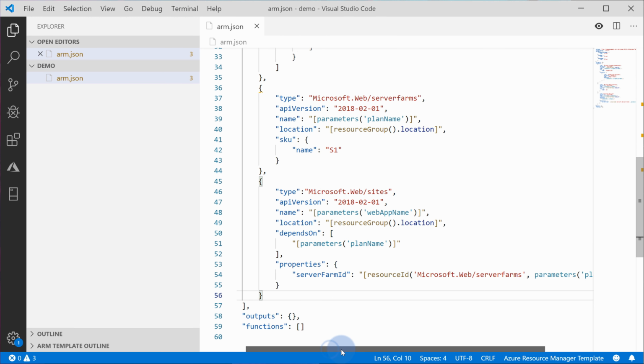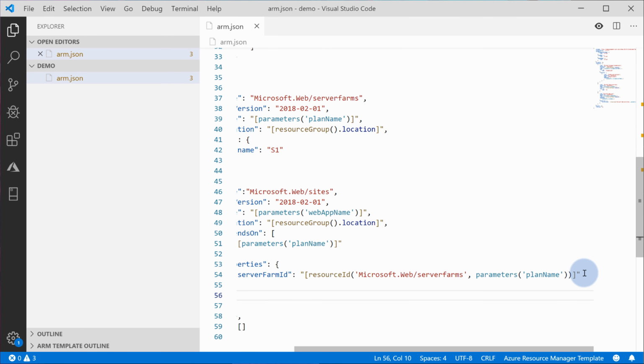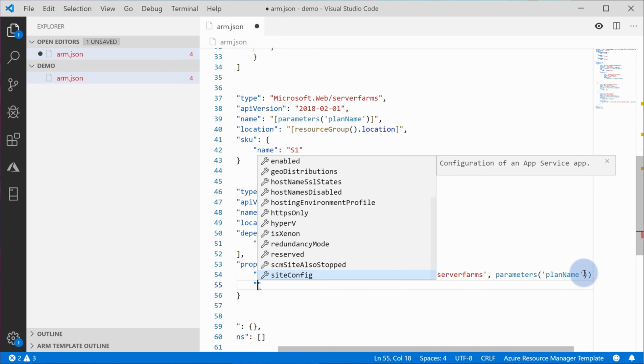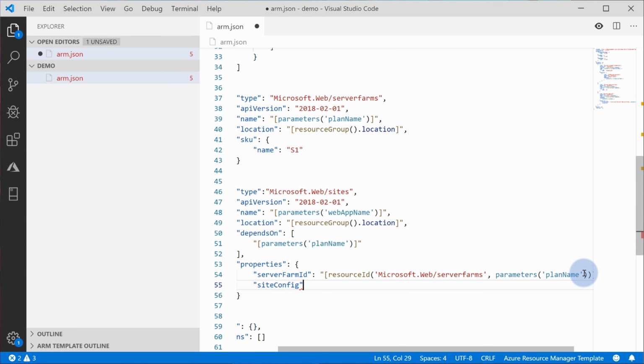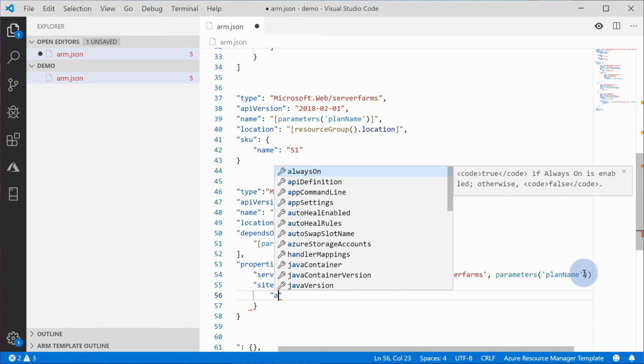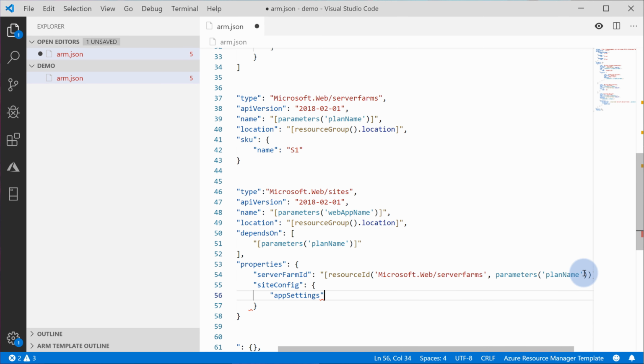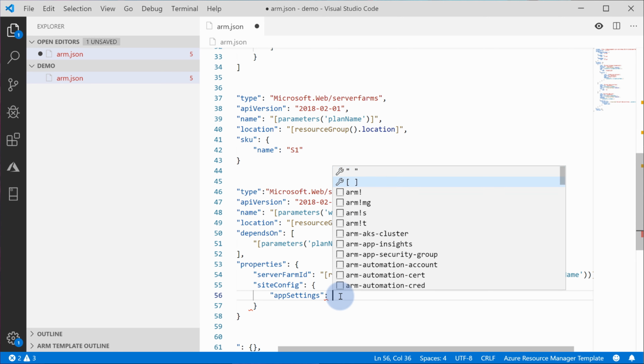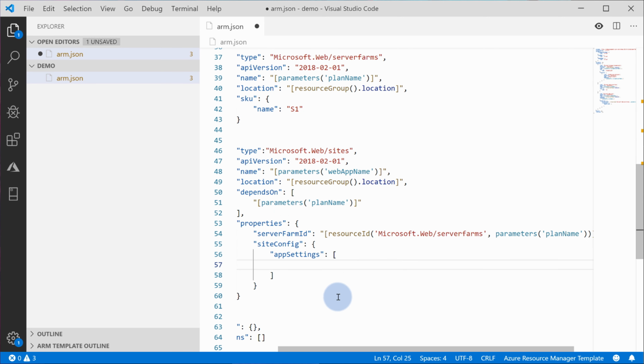To do that, we need to add one more property in the properties section called site config. And inside of this is an object. There's another property called app settings. App settings is an array, so let's create it. And it's an array of objects, which each has a name and a value. So let's call it storage access key. So we're gonna pull a storage account key, and let's paste the value, which in our case will be an